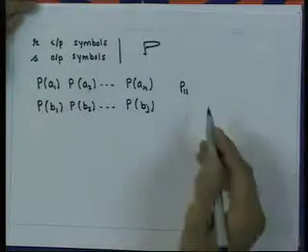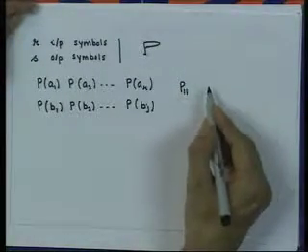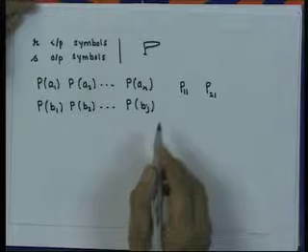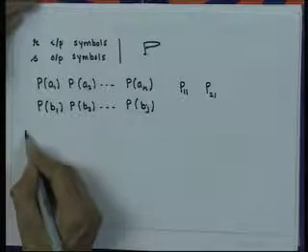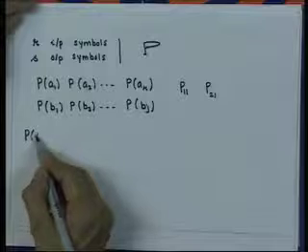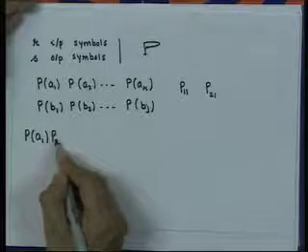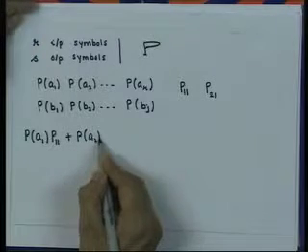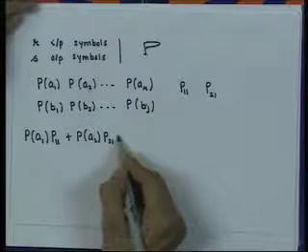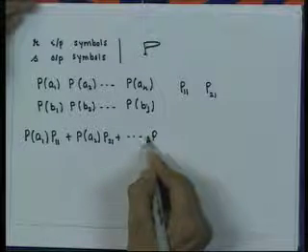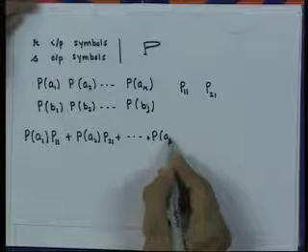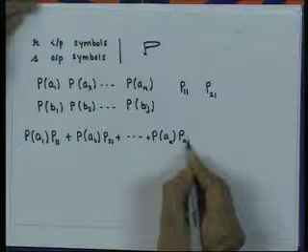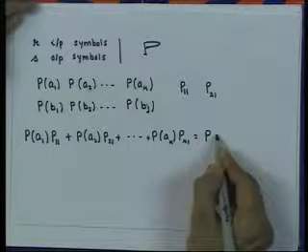If A2 is sent, B1 will occur with probability P21, etc. Therefore, we can write probability of A1 P11 plus probability of A2 P21 plus up to probability of AR PR1,